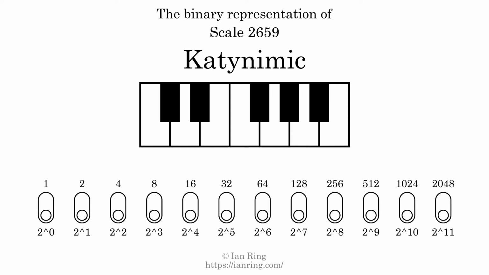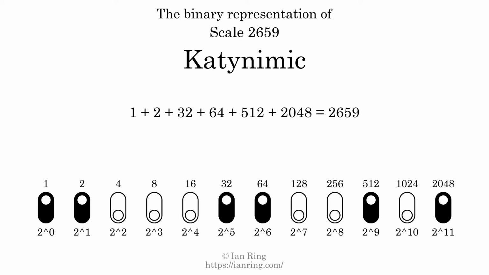The binary representation of this scale is determined by mapping tones of the scale to binary digits. Each binary digit represents a power of 2. To get the scale number, we add the powers of 2 together. The powers of 2 that are present in the scale, all added together, equals 2659. That is why the scale number, in decimal, is